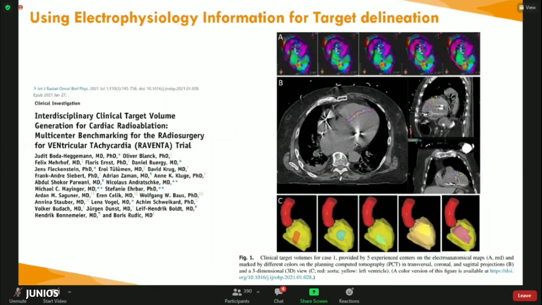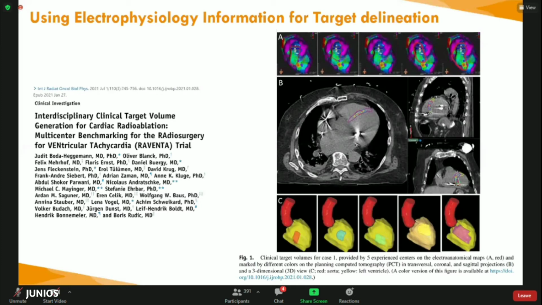The RADIATE-VT Clinical Trial Group performed a benchmarking study looking into the VT substrate identification and target volume generation process. They sent 3 cases to 5 participating centres for independent CTV generation. This study used a manual transfer process based on the anatomic comparison between the electroanatomical map and planning CT. They found that the extent and localization of the VT substrate on the electroanatomical map showed minor visual differences as seen in the top row, but the CTVs differed considerably more in terms of both position and dimension as shown